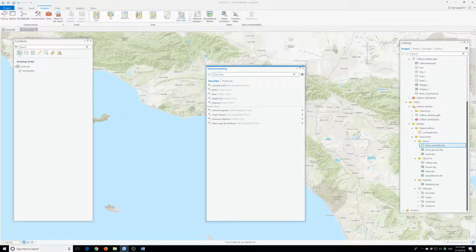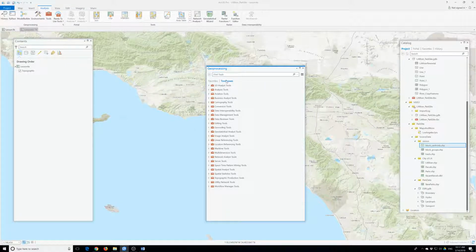So in the geoprocessing pane, we will click the toolbox, which is right here. This pane displays all the tools included with ArcGIS Pro, organized logically into toolboxes. There are a lot of them, but most are specialized. So the ones most useful to the project and to much of the typical GIS work are the analysis, conversion,